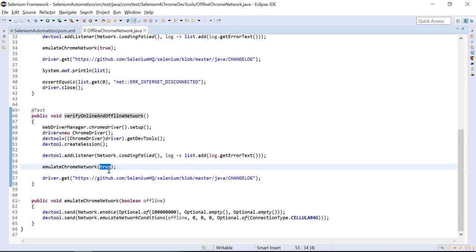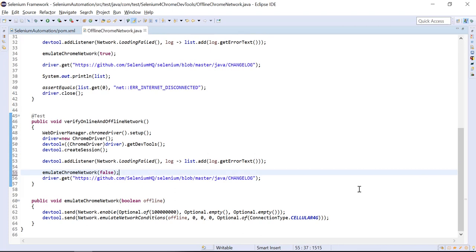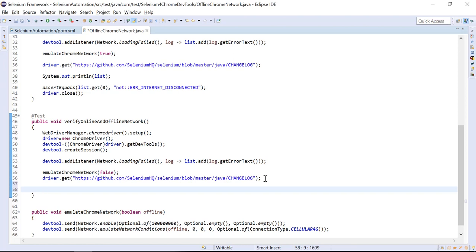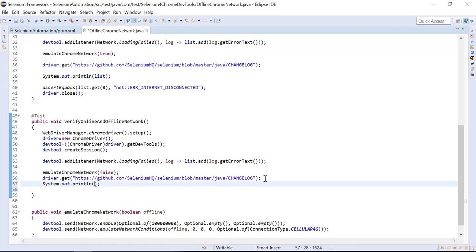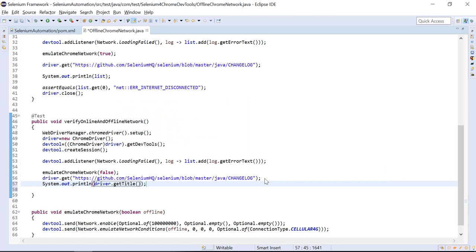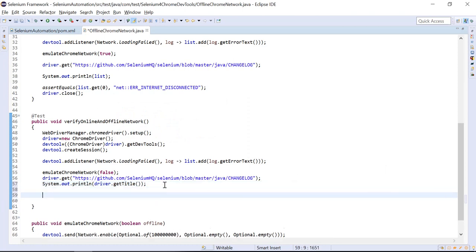So if network is online, then we have to pass here false. So first it will launch this portal, and what I'm going to do, I am going to print driver dot get title.